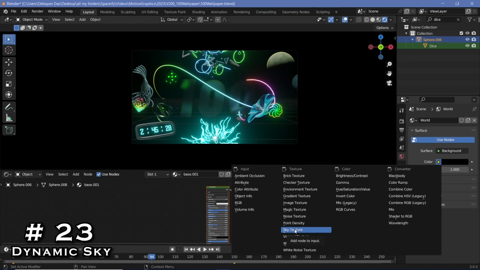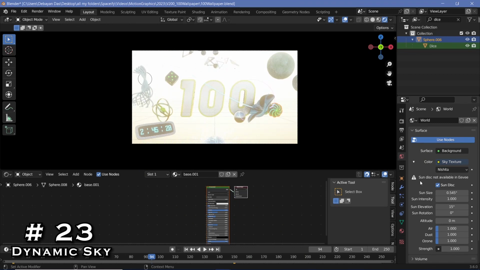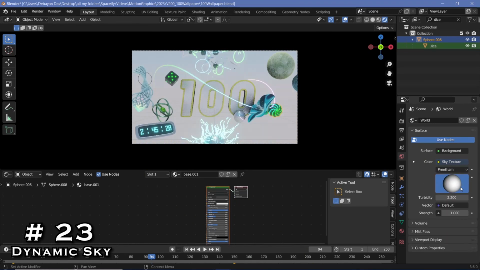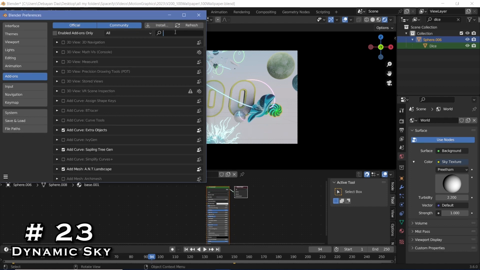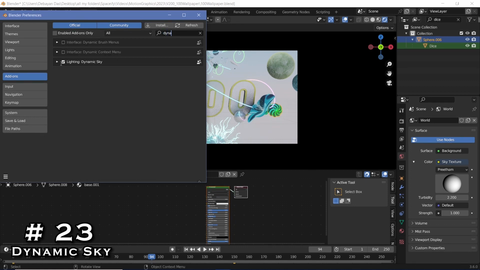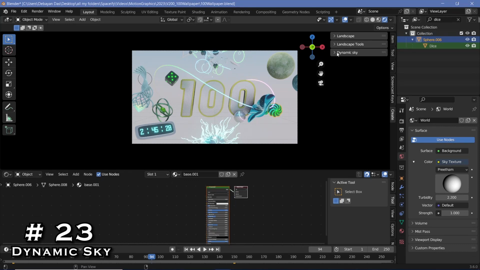Now in Eevee, this sky texture is not really that great because the actual good sky texture is not available in Eevee, or at least the sun disk isn't, and you don't have too many controls present over here. So another really nice add-on that you'll have to enable by going to Edit, Preferences, Add-ons, and searching for Dynamic Sky. Now once you check Dynamic Sky, you can tap N and go to Create, and then you'll see there's another Dynamic Sky option,